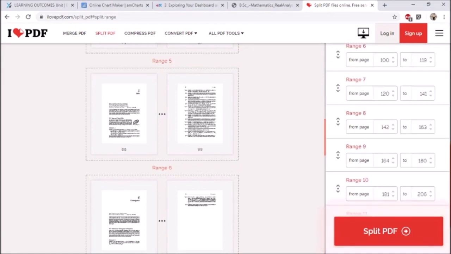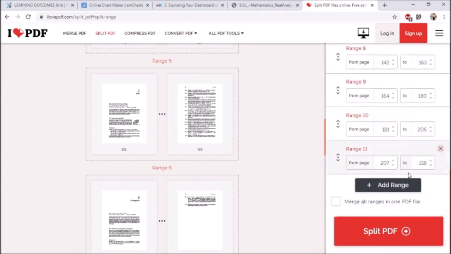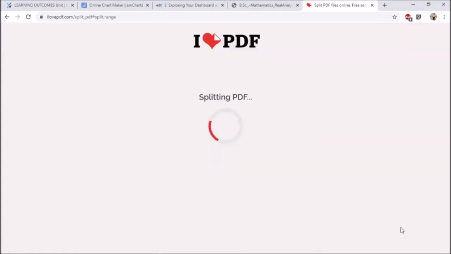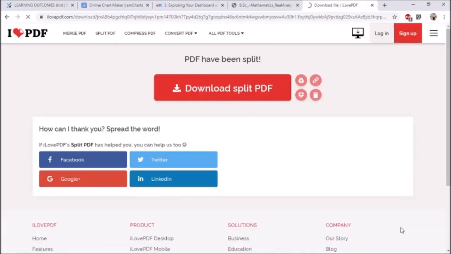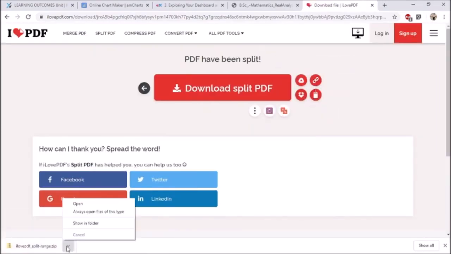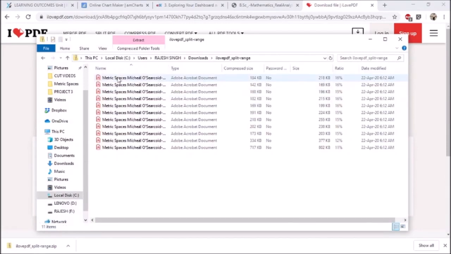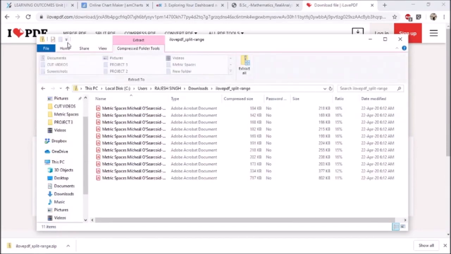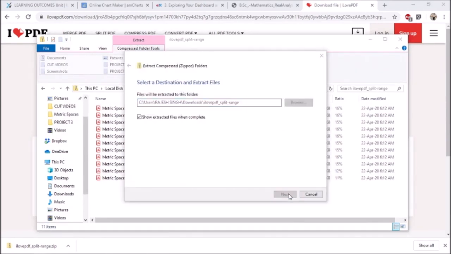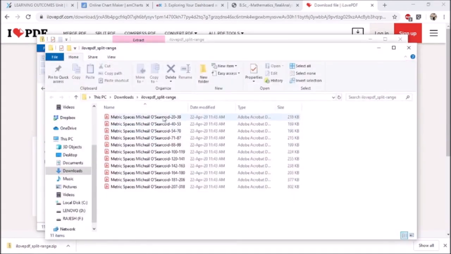After adding all the chapters of the book, click on split PDF. This will download a zip file which contains all the chapters of the book. Extract the chapters. Now they are ready to be uploaded on the website.